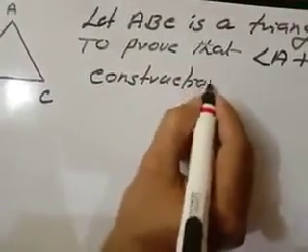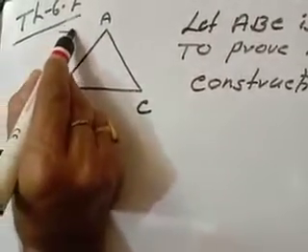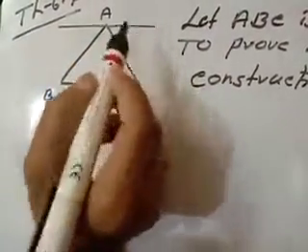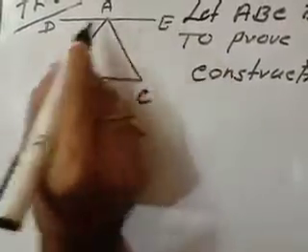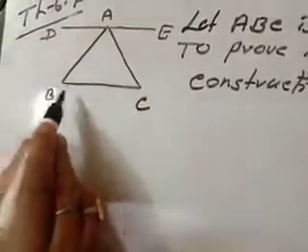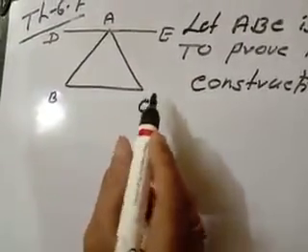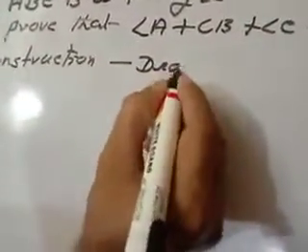First of all, you have to do a construction for that. Construction. From A, we draw a line through the point A, suppose DE. This line DE will be drawn in such a way that it will be parallel to BC. Then, for the statement, you write: draw a line DE